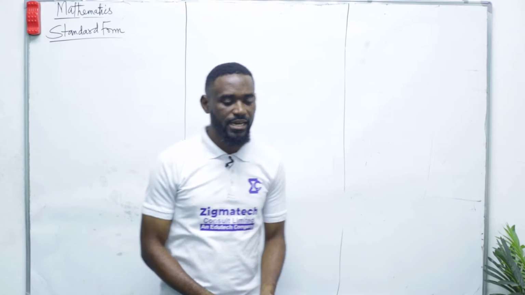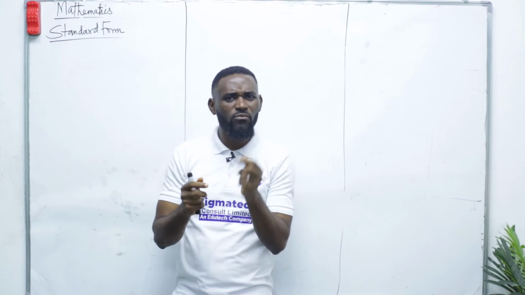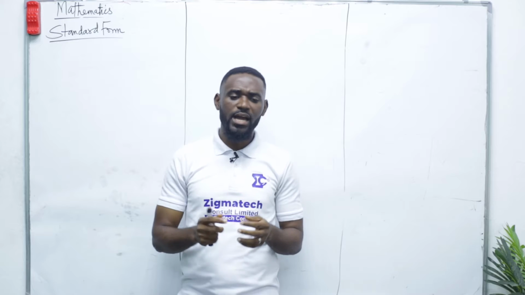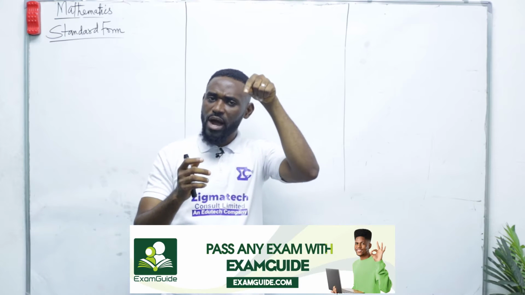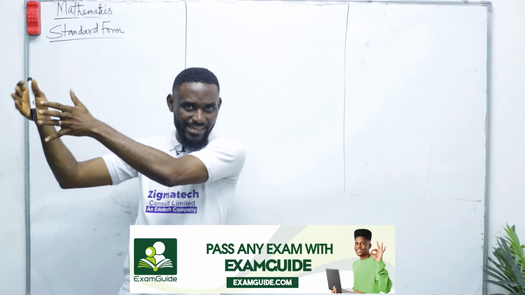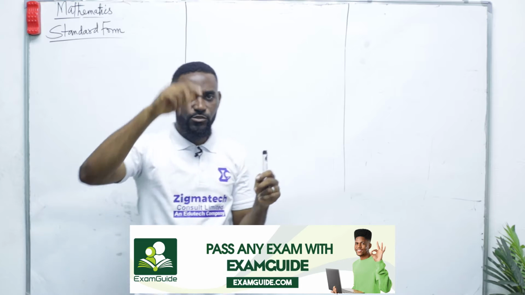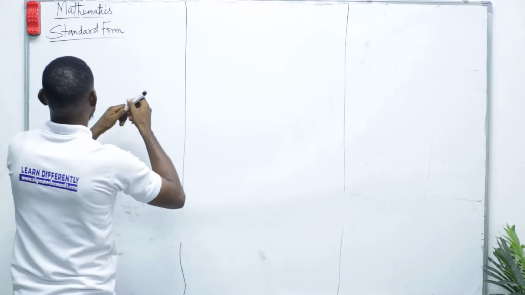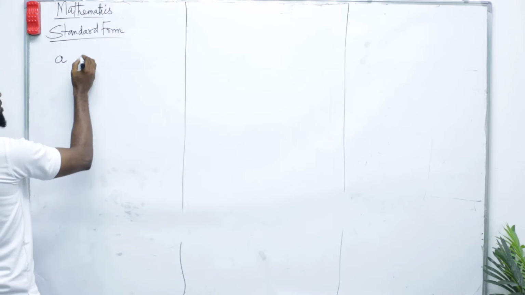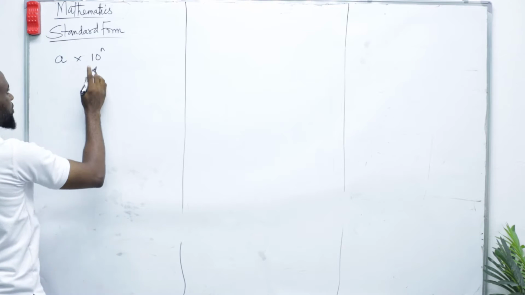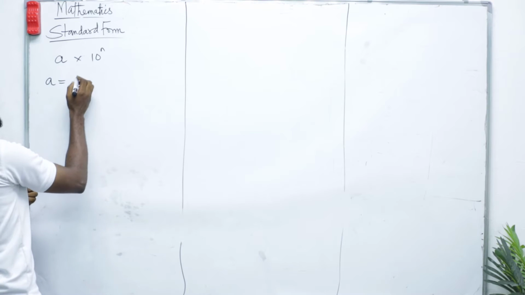We say standard form is a way of representing large numbers or very small numbers as a product of a number between 1 and 9, multiplied by a power of 10. Generally speaking, standard form is represented as A times 10 raised to the power n. Do you understand the point now? Where A is the number